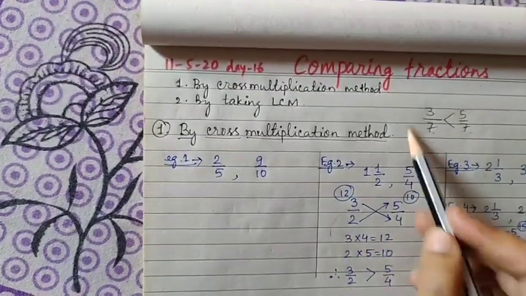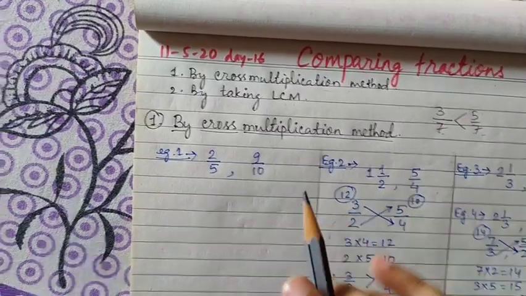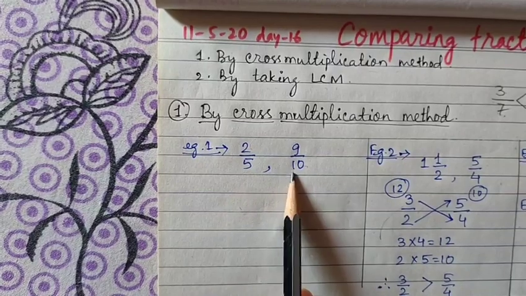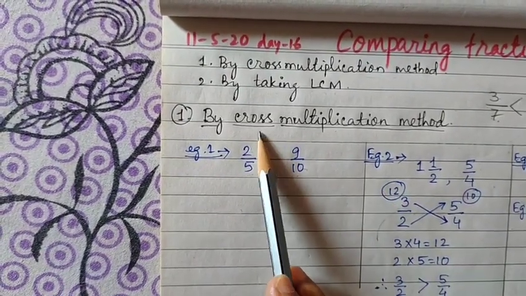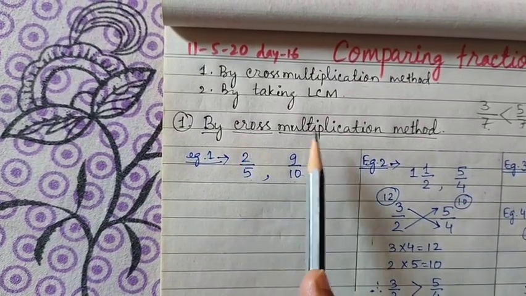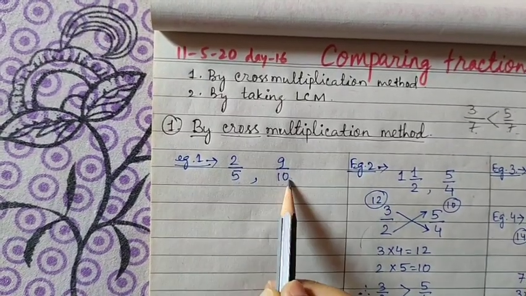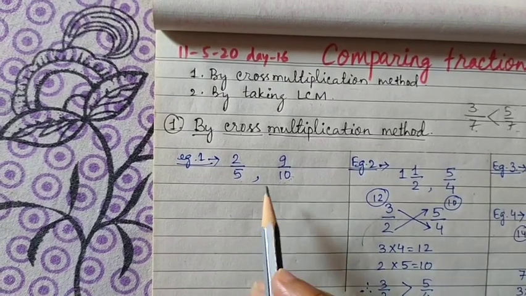Next, this is about like fractions, how to compare. It is easy, you only have to see the numerator. But if you have been given unlike fractions, you see the denominators are not the same. So how to compare them? The easiest method is the cross multiplication method. As you see, in cross multiplication you have to use a cross sign. See, two fractions are given, for example 2 by 5 and 9 by 10. You have to compare them.